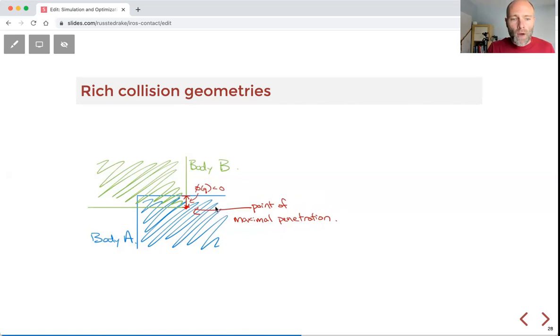So I have to pick some point. If I'm only allowed to use one point, let's start with that case, then maybe I'll pick the point of maximal penetration, which, by the way, is already hard to define in some cases. It may be easy in this particular drawing, but there are cases where the maximal penetration point is not unique. And then what direction should the force act? Well, maybe I want to take the minimal exit wound, right?